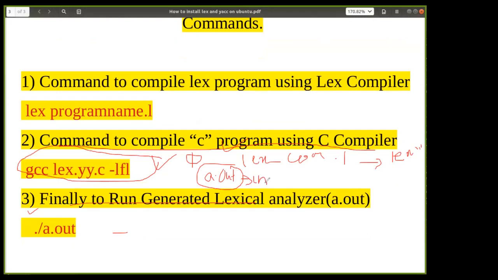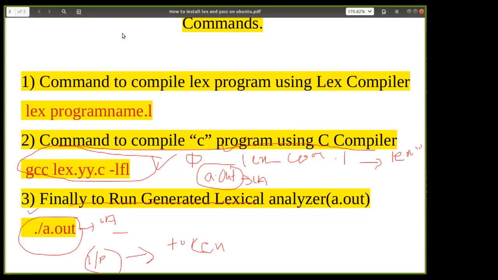Then you will run ./a.out and provide some input as C code, and this a.out is your lexical analyzer. Once you give it some C program or expression as input, it will generate the tokens, as I have mentioned in the figures.